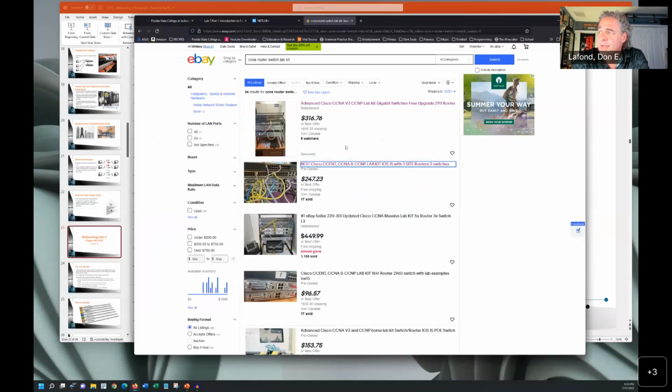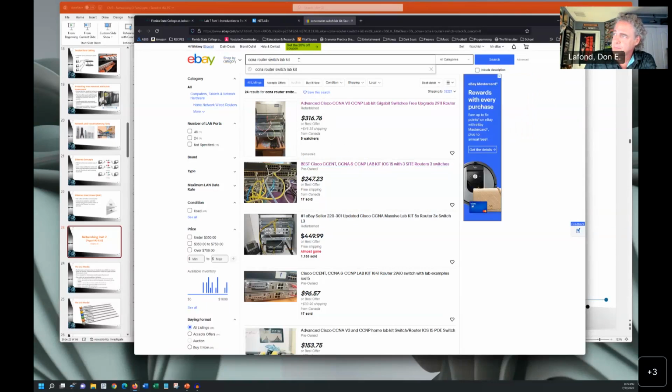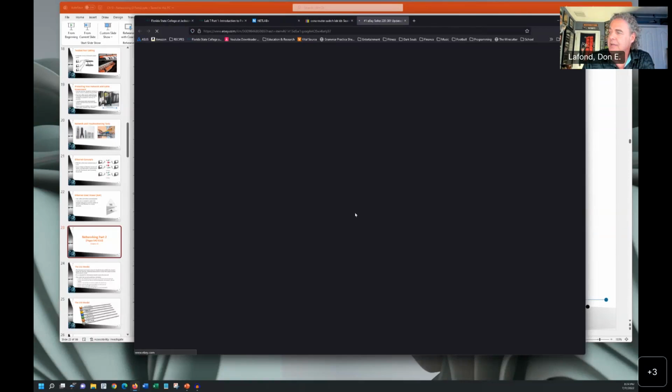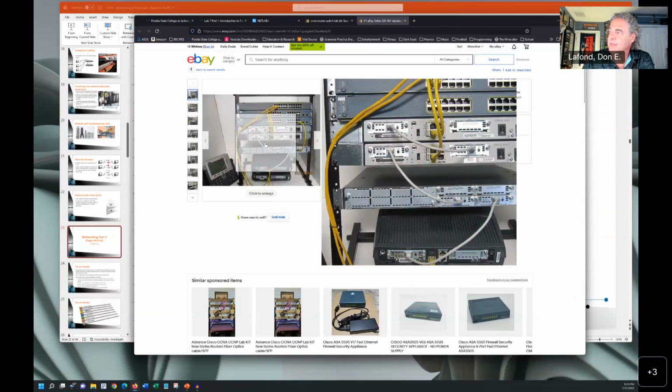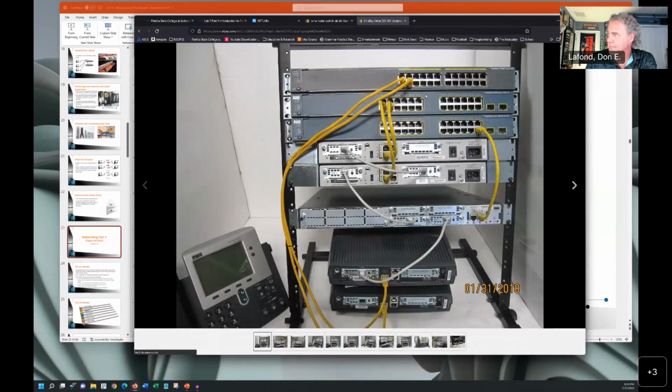One of the things you can do is buy a pre-owned stack of routers and switches. Now, I just did a quick search on eBay. I'm not recommending any individual one, but I did a quick search for CCNA router switch lab kit. And this is basically what you are looking for. You are looking for something that has, let's see if I can zoom in, two or three